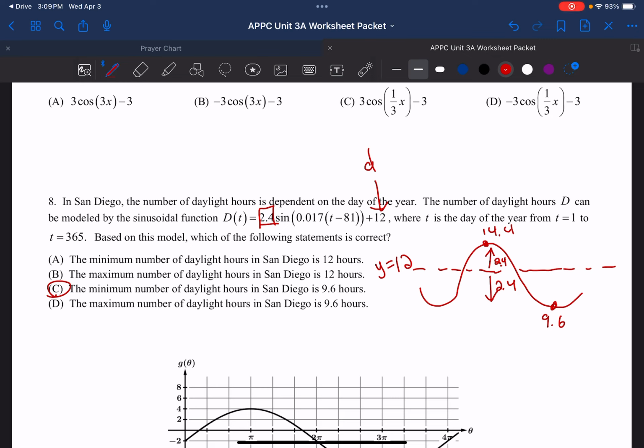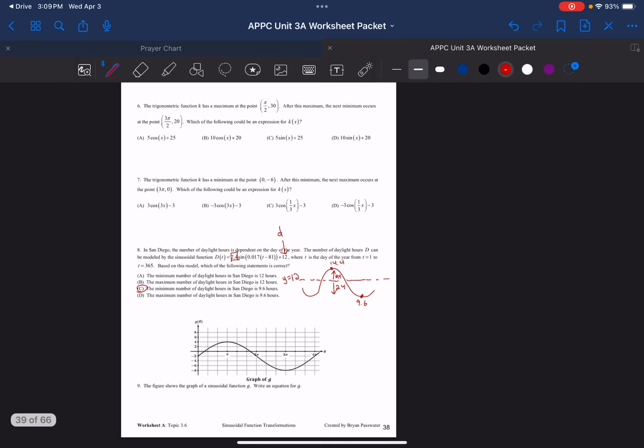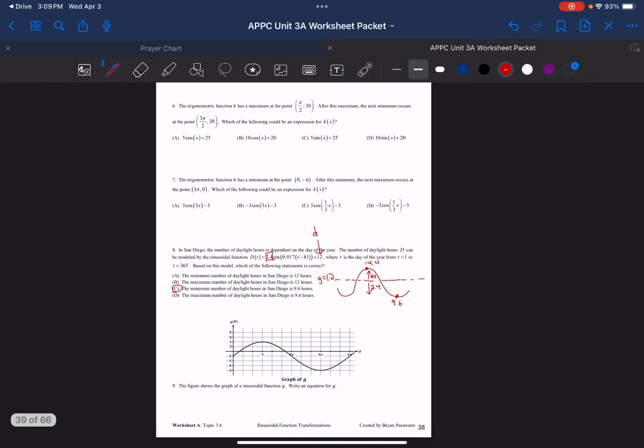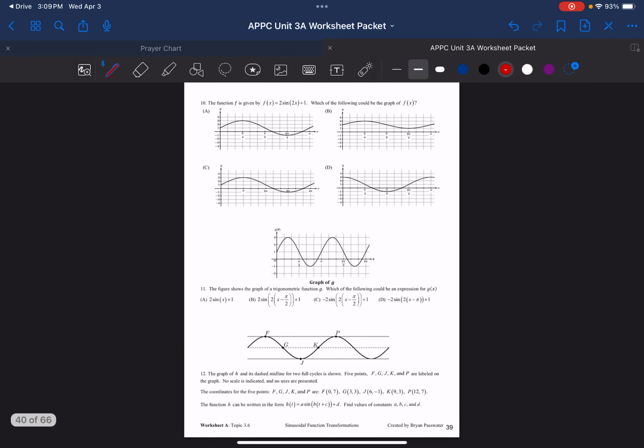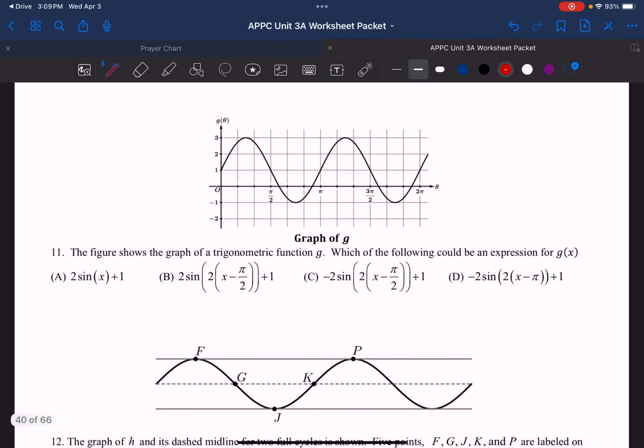Okay, give me 2 seconds here. Now, let's see another one that I would like to work with. So the figure shows a trigonometric function here, and it wants to know which could be an expression for g